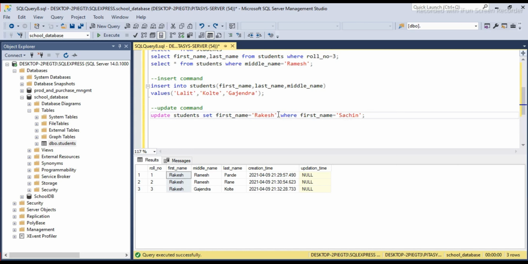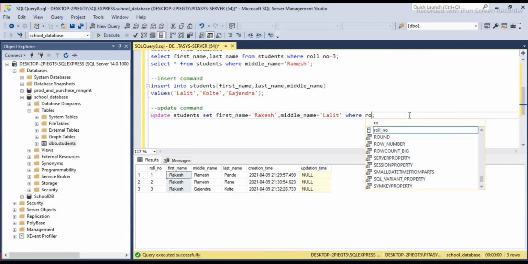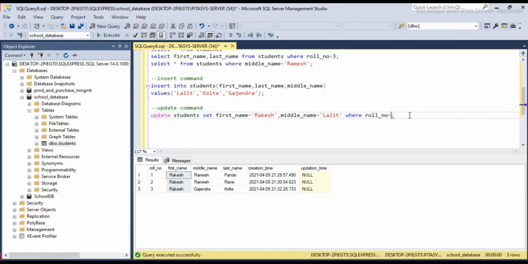Suppose I have to change multiple fields at the same time. I am changing the middle name also. Now I am setting middle name as Lalit, where the roll number is equal to 3.